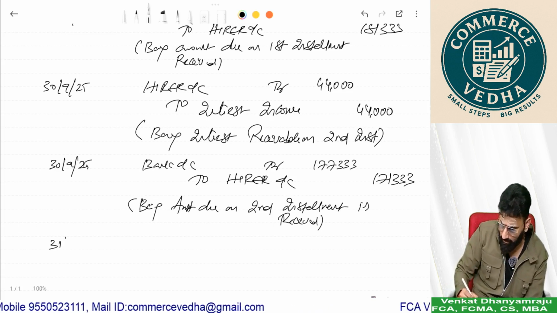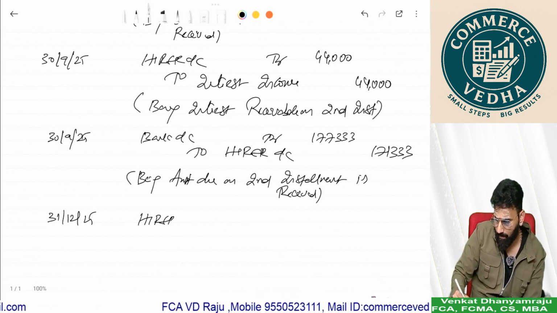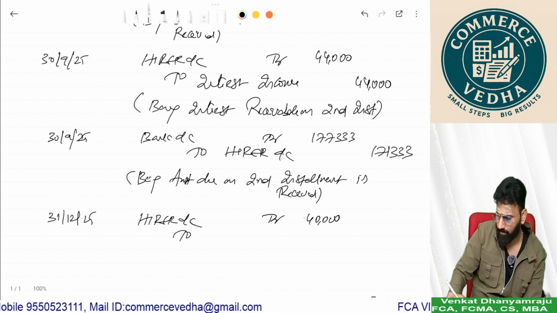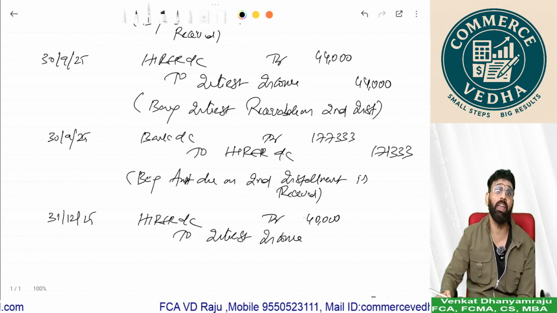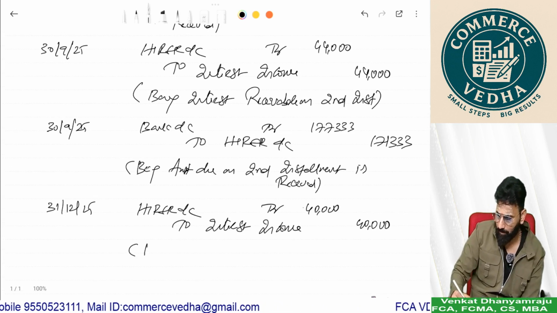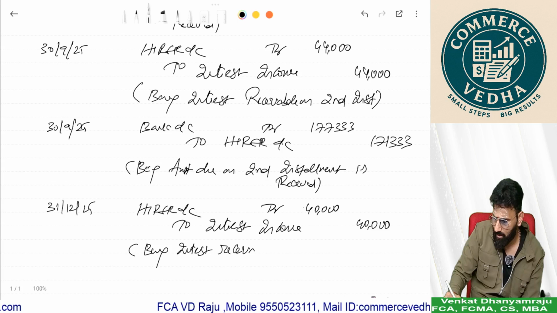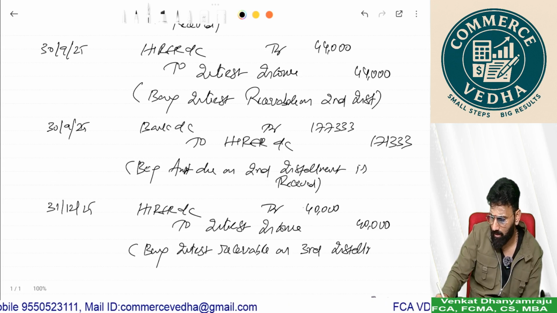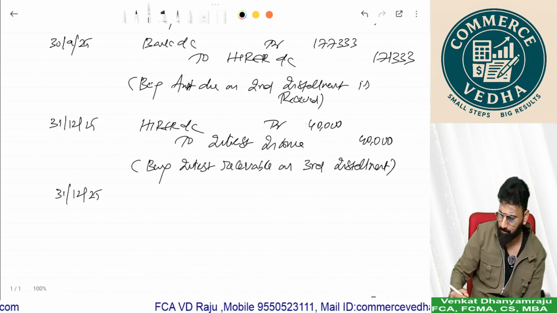And then 31/12/25. Repeated entry. Hirer account debit 40,000 to interest income. I can write interest income, or I can also write finance income. Both are the same. Being interest receivable on third installment, and on receipt of third installment you will write